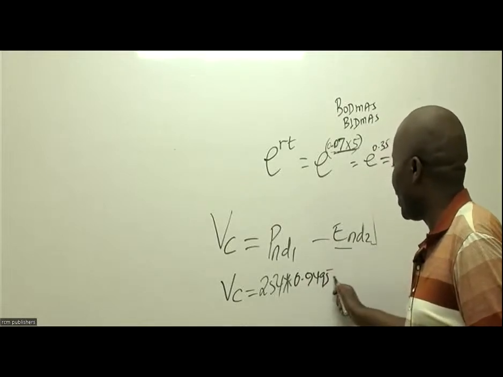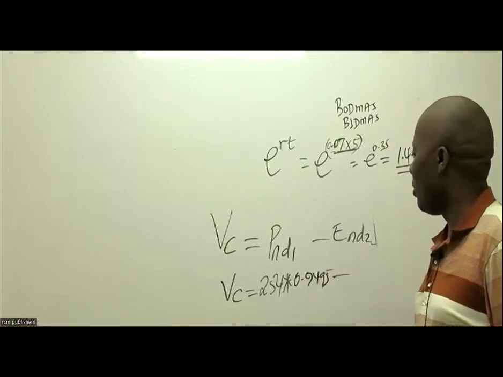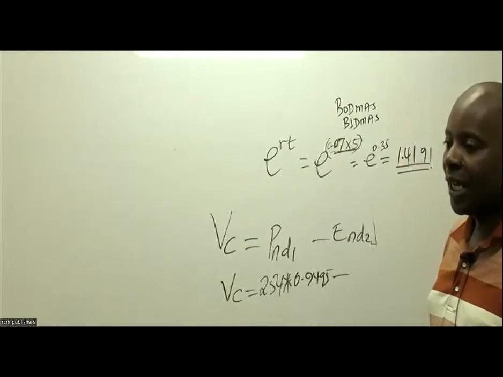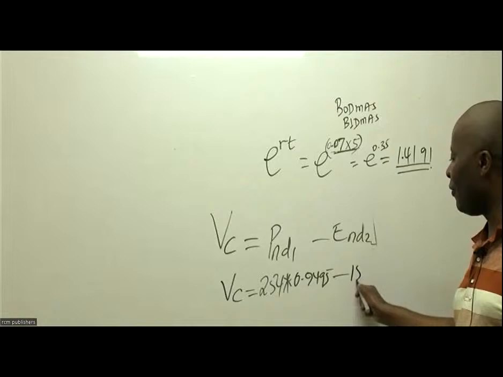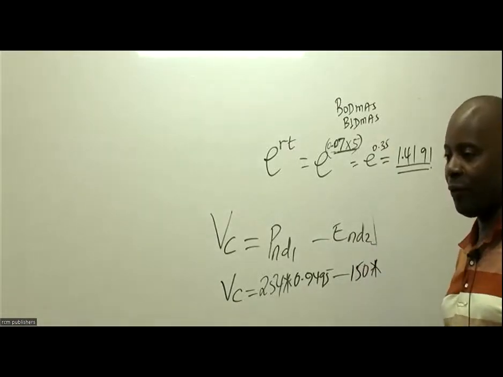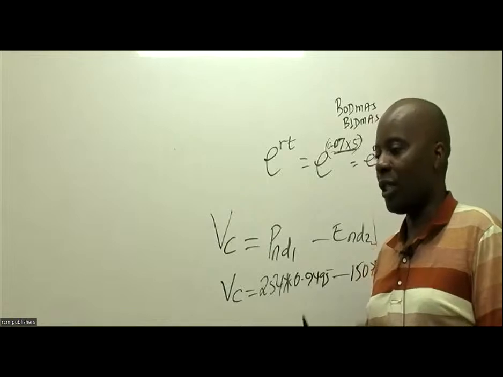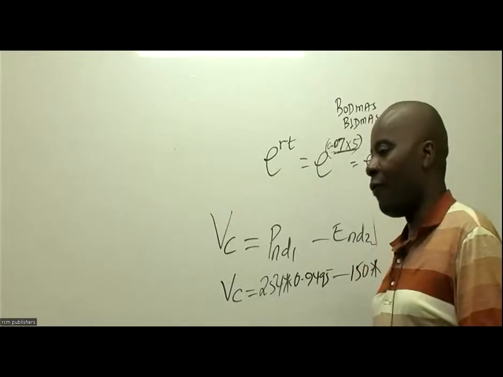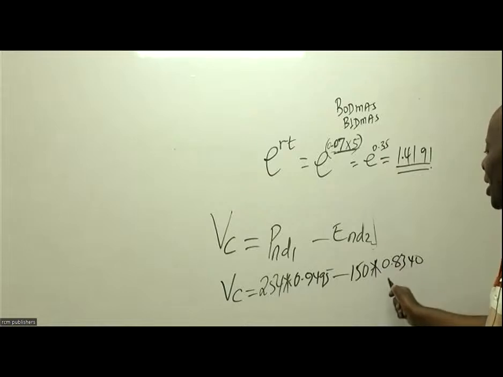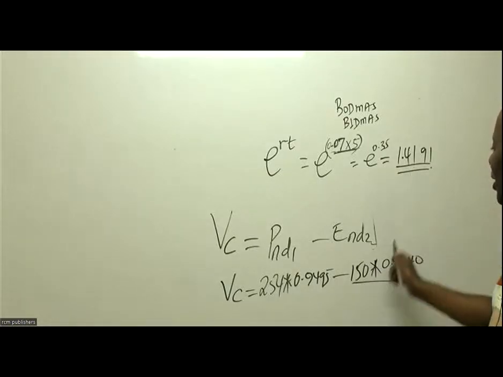Minus, then we have the exercise price. Are you able to remember the exercise price was 150, multiplied by N(d2)? N(d2) is a figure that I forgot. 0.8340, with a decimal there, and then divide this by